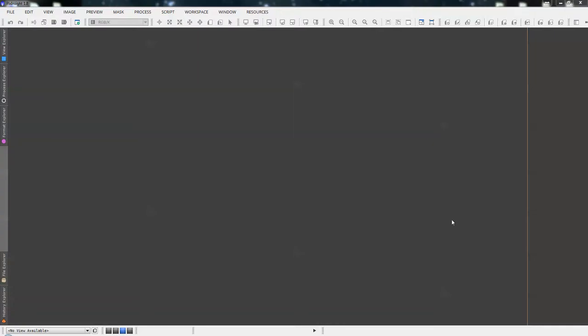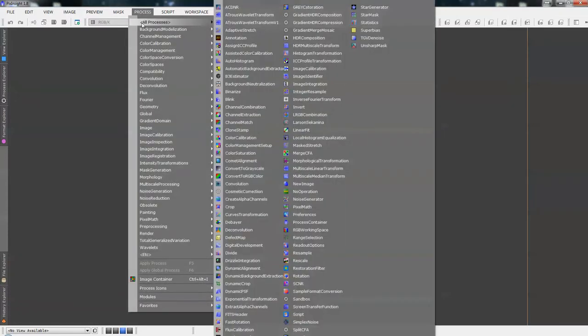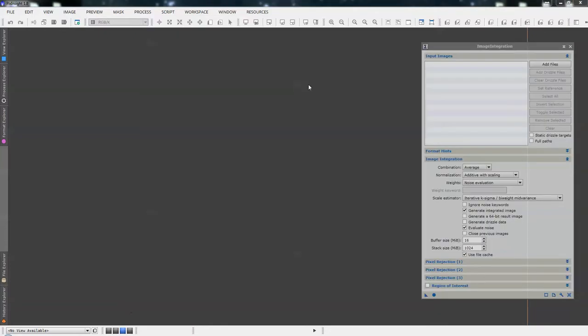Okay, so we've got our stack of images now that we've batch pre-processed, so we've calibrated and we've registered them. Now we need to integrate them to give us our final working image. And we do that with the image integration tool, and we find that in process, all processes, and image integration, just there. So it opens up this window, and again, we're going to leave quite a lot of this alone,